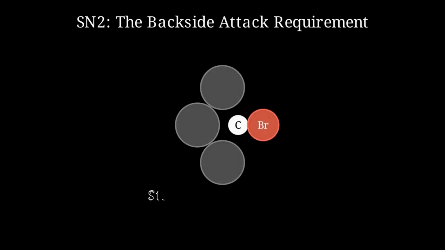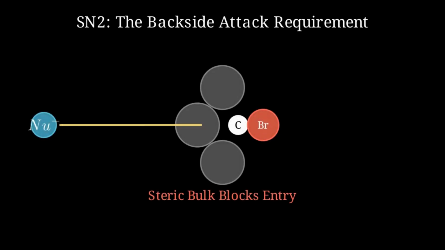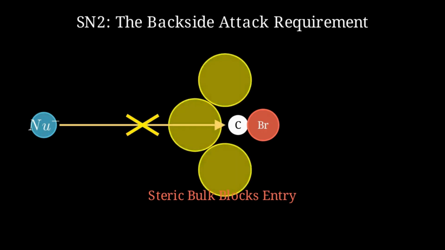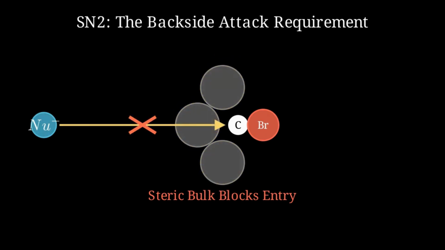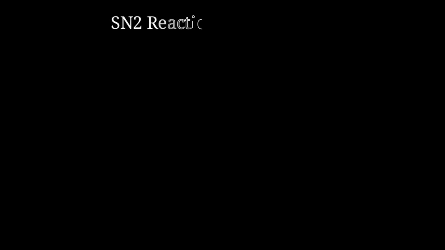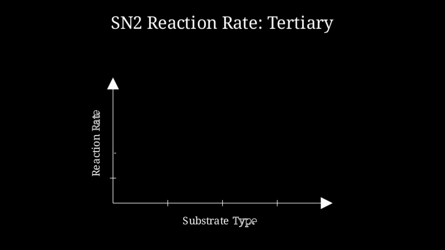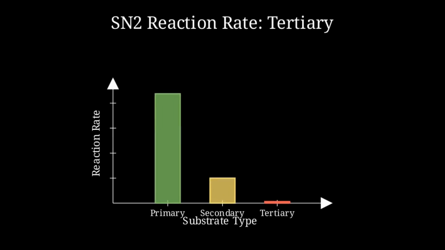The SN2 mechanism requires a backside attack, where the nucleophile hits the central carbon directly. However, in a tertiary halide, the bulky methyl groups act like a shield, making it physically impossible for the nucleophile to reach the target. Because of this extreme crowding, the rate of SN2 reactions for tertiary alkyl halides is effectively